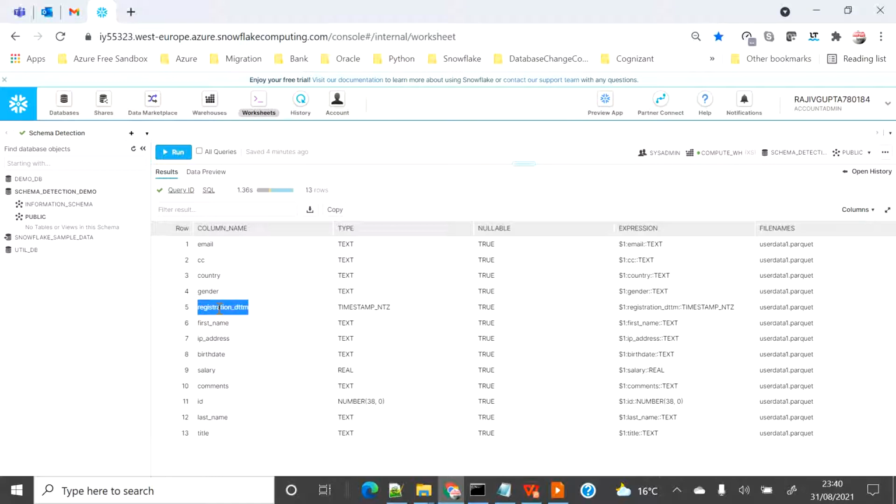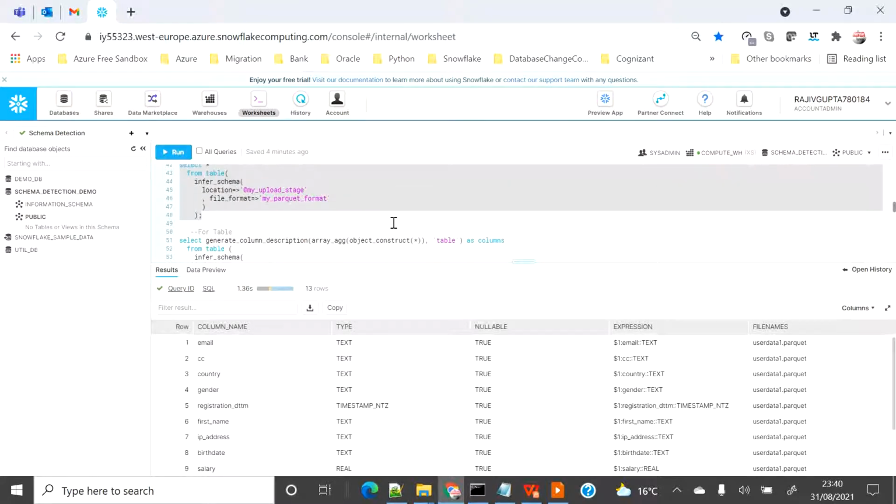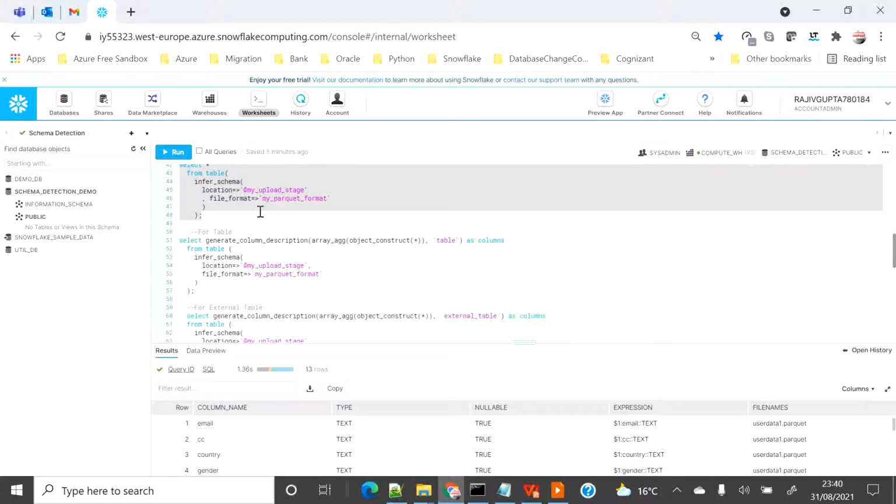So that was the reason I wanted to include that match with column name parameter inside the copy column. So as of now, this info schema feature is not supporting you the ordered column list based on your flat file name. But maybe in future, who knows, they start supporting this for single file as well as for multiple file. So let's see next feature.